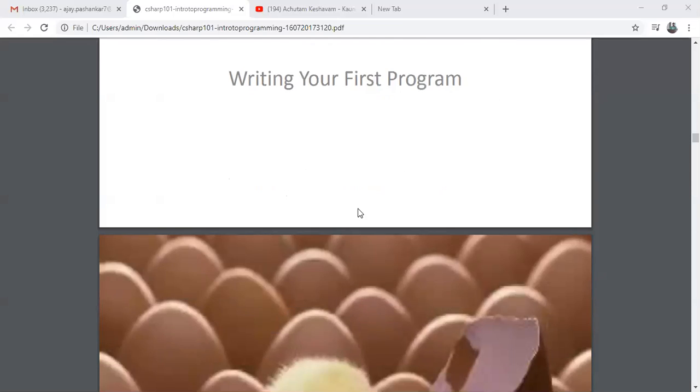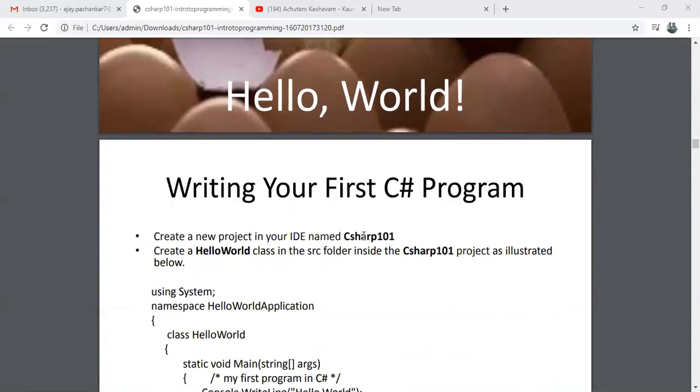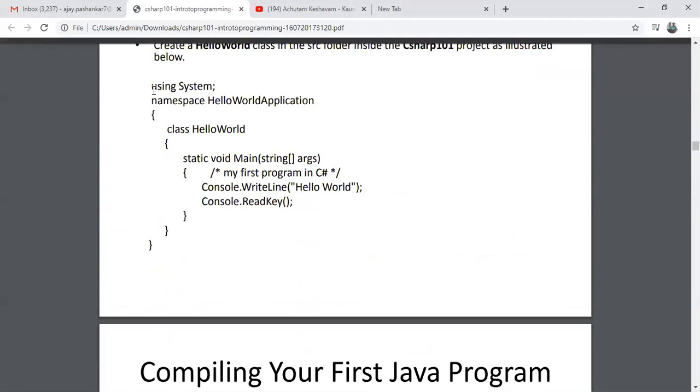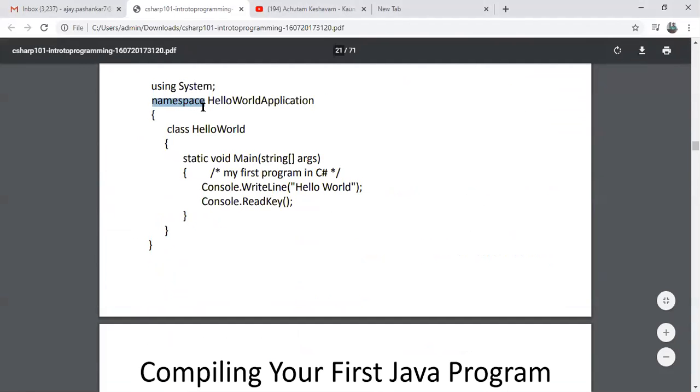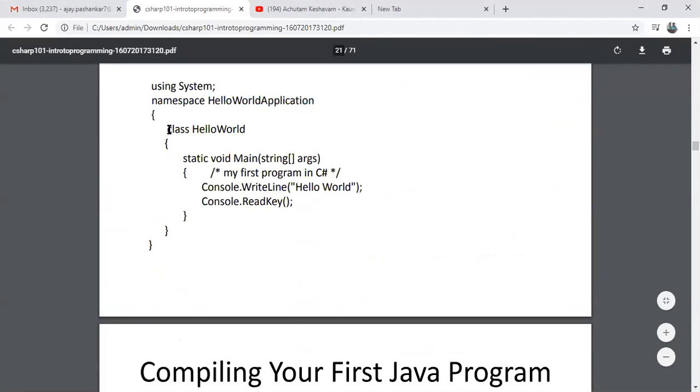Now, introduction to C sharp. We're just starting with programs. So you use the system namespace. This is a syntax; the namespace keyword you have to write. Then HelloWorldApplication is the name of my namespace. Class HelloWorld. Static void Main is the main method you have to write, like you were writing in Java.